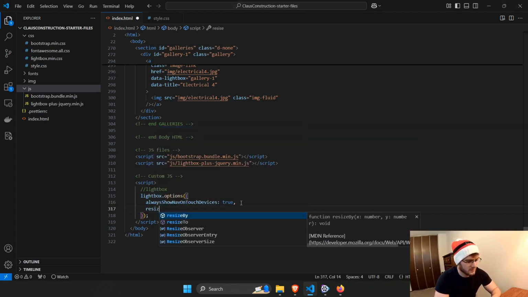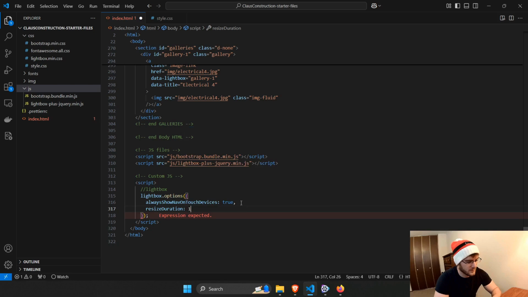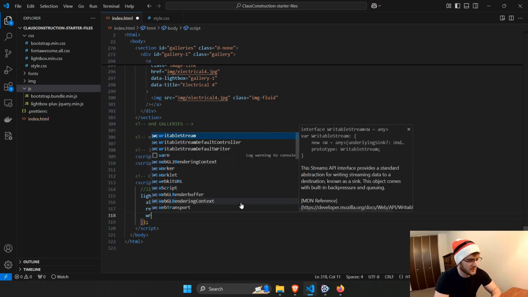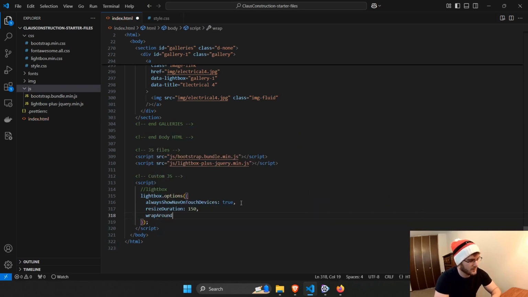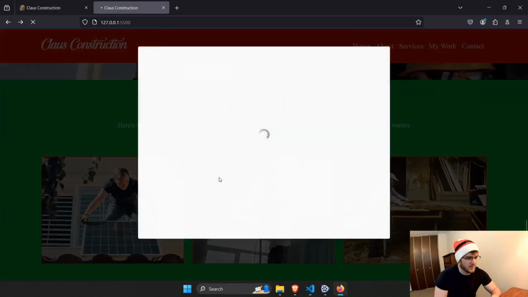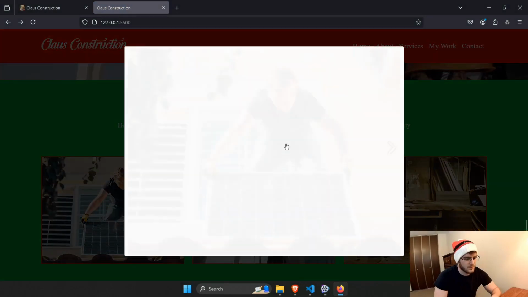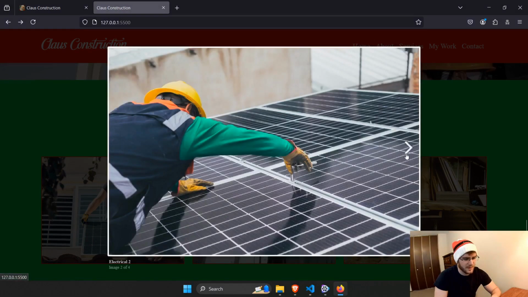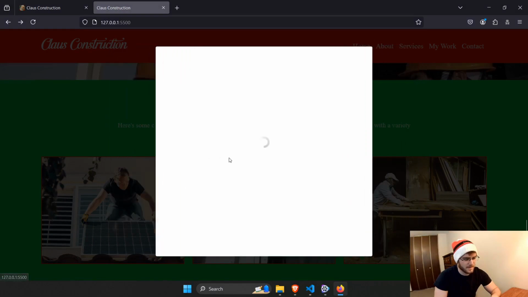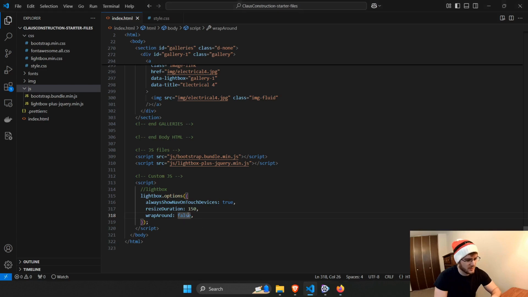Resize duration, I want it to be 150 milliseconds, and then wrap around true. I'll show you what this does. So if this is false, see how we're on the first one? There's no way to go back, just this way. Now we can go forwards or back. Now when we change that to true,